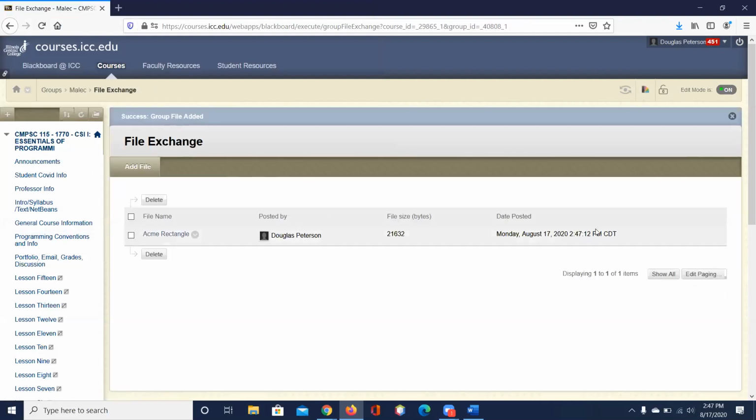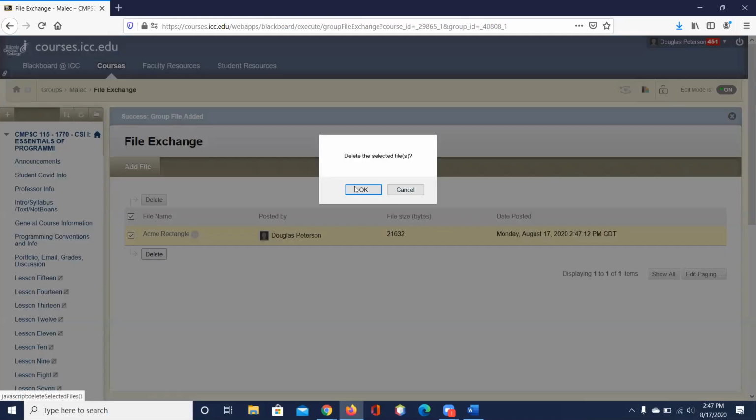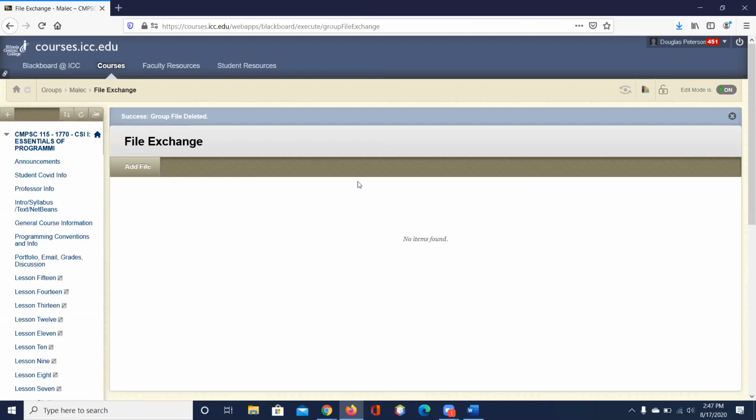And there it is. And I can see right here when you submitted it, if it's late or something. Normally, again, if you look in here and this says 0 or something, something's wrong. You didn't put what you were supposed to in here. Okay? And again, if I want to get rid of it, I just hit delete and it's gone. I highly recommend that you keep all your projects in your file exchange throughout the whole course.